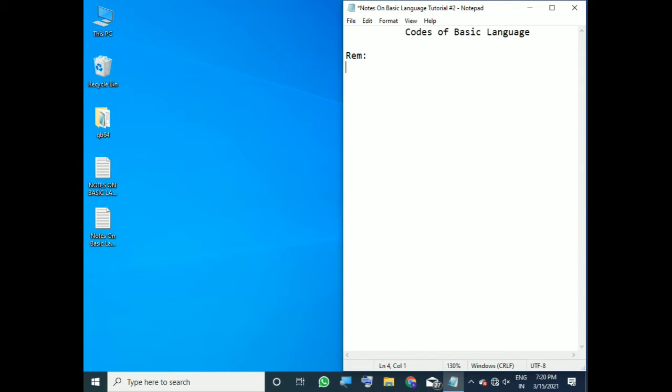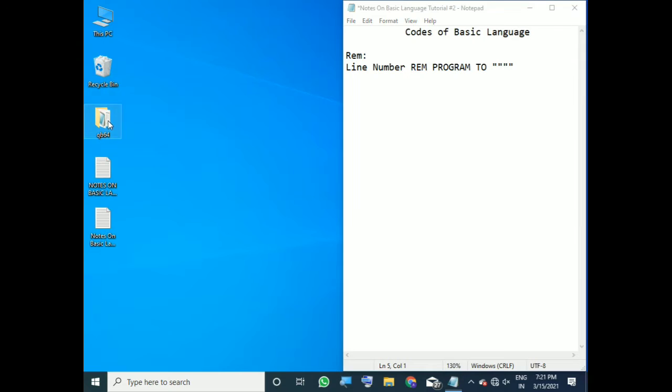Now I am explaining what the function of rem is. In basic language we write a line number at first, then we write rem, and after rem we write something like rem program 2 or rem 2 something. So let us write something like this.